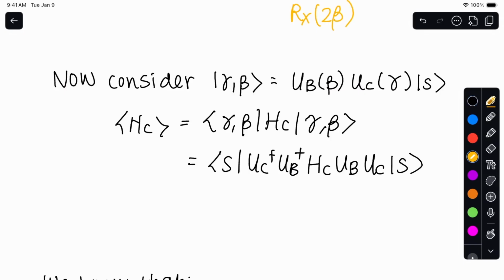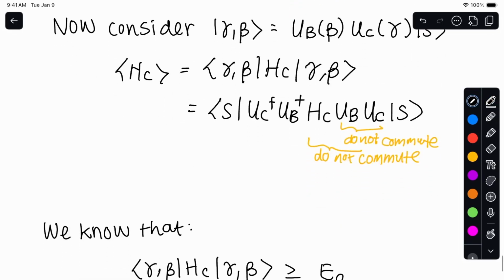So a couple of things here. First of all, these two do not commute, so you cannot move this unitary over. Second of all, our cost Hamiltonian and UB also do not commute, because our cost Hamiltonian is in the z basis and the mixing unitary is in the x basis. So this is definitely not going to be equal to our original